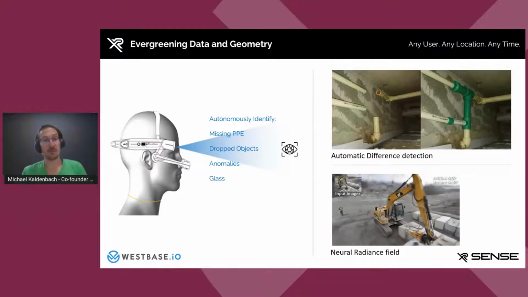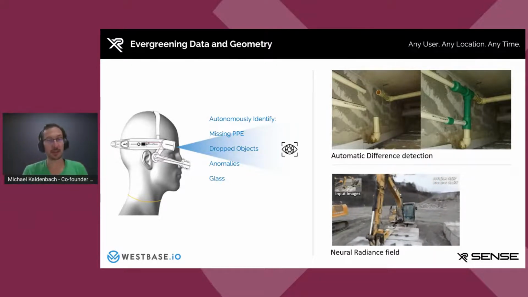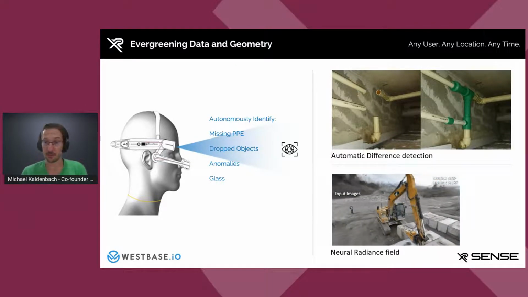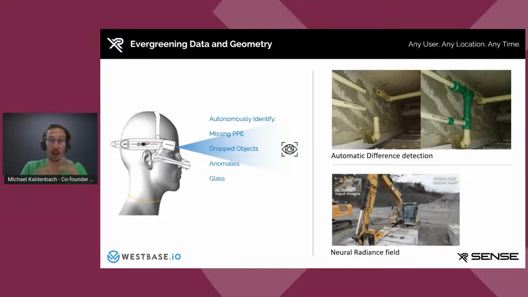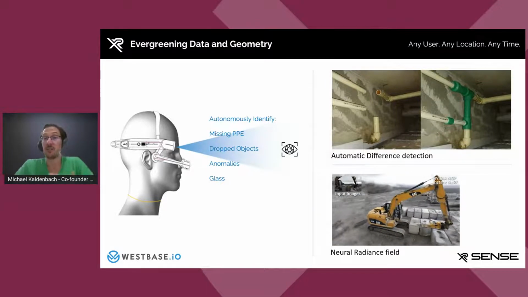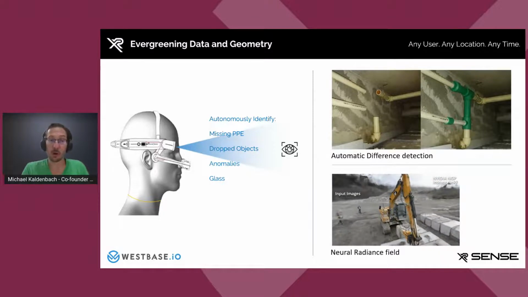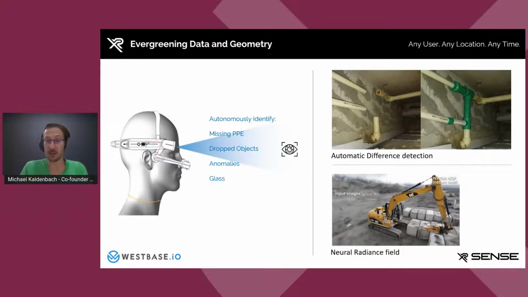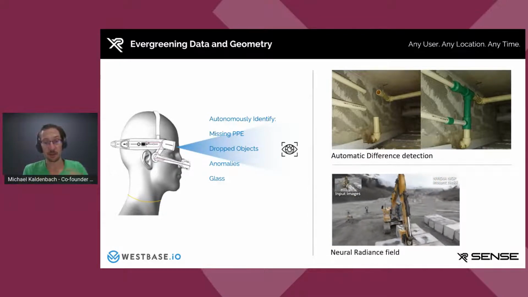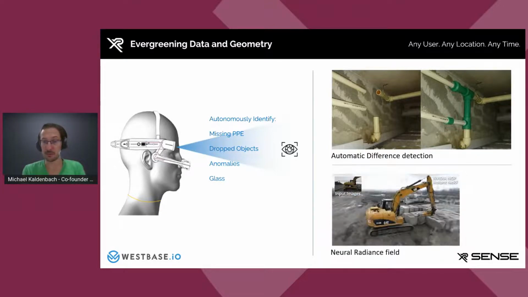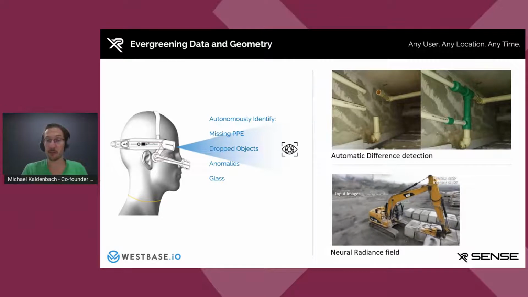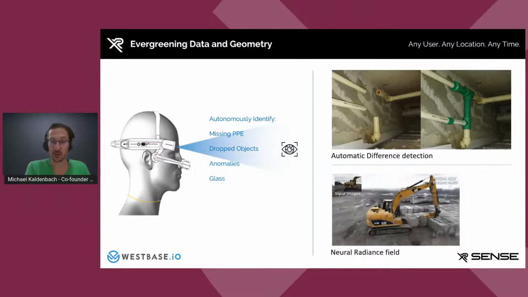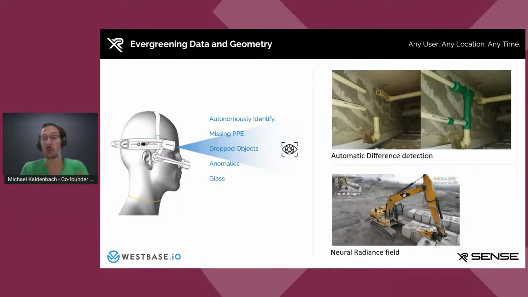We have limited time available today, but one of the key aspects that I also wanted to touch on is how machine vision has a role in digital twins. And one of the things that we've seen, and I have to be very clear here, this is very much innovation for us as well, but we are already taking a lot of images as people are moving around in their day-to-day activities on a site. Lately, over the last five to six months, we have been experimenting with taking those pictures, because we know where they were taken and what your orientation was, and pushing that into a neural radiance